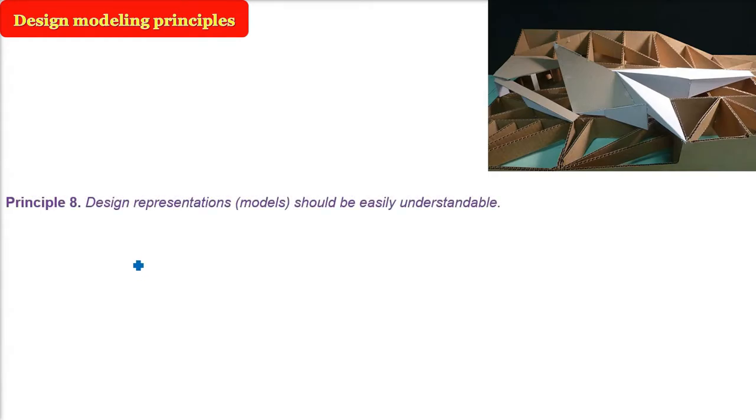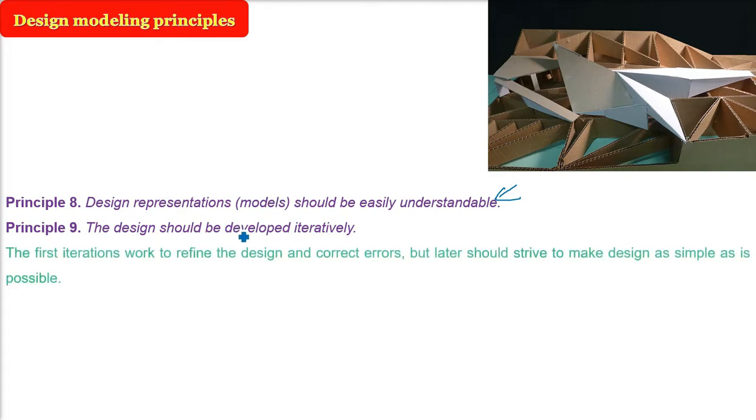Next one is that the design representation model should be easily understandable. This is very obvious, that if somebody has to make code, they need to understand the design. And if the design is not easy, how will they be able to understand? They will not be able to understand. The design should be developed iteratively. What we do is, we make a design, we say, oh, I'm done, and we just go to construction. But the design may have some problems, some bugs, errors. Bugs are actually for coding, errors you can say for design. So some ambiguity, you might not have catered to some requirement. So there should be multiple iterations.